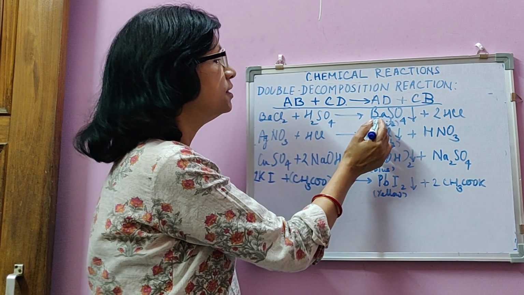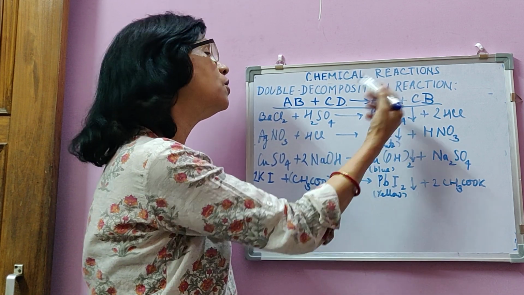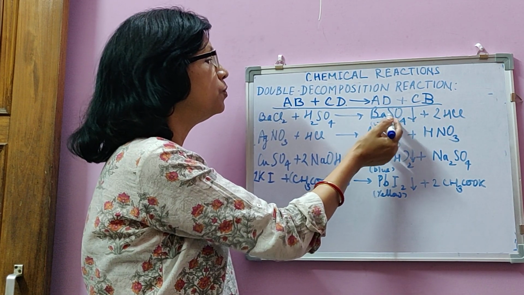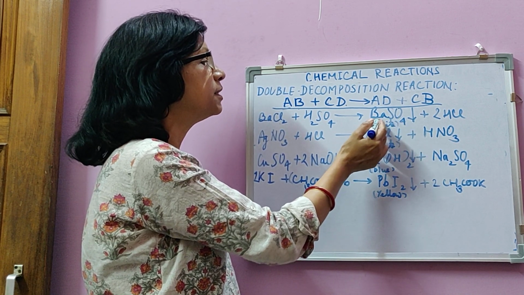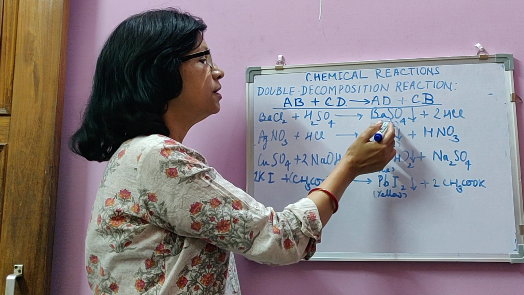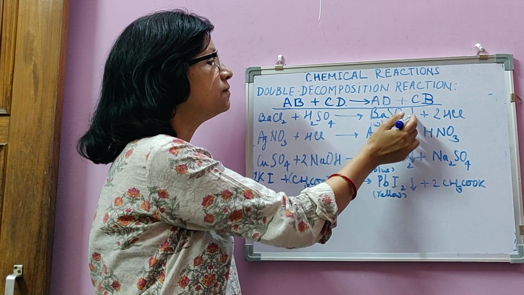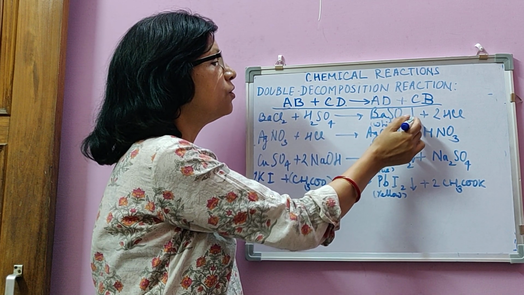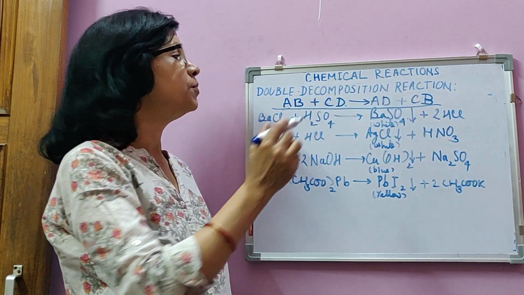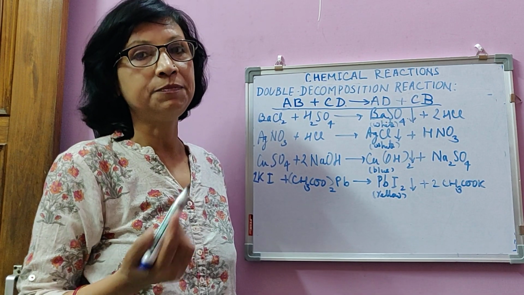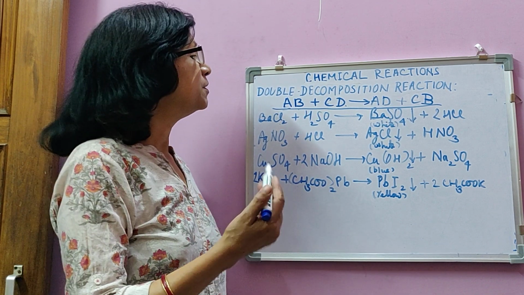Like in this case, barium sulfate will not further dissociate into barium and sulfate because now it has become an insoluble substance, a solid, and that's why it is shown with this sign of precipitate. We say that an insoluble substance formed during a reaction is a precipitate. So a precipitation reaction,